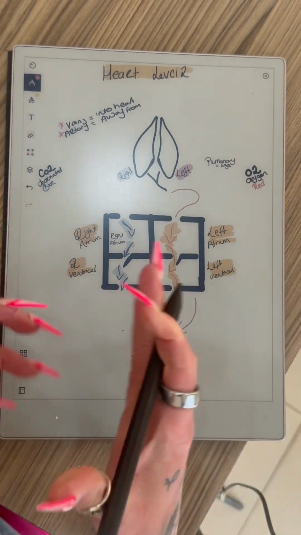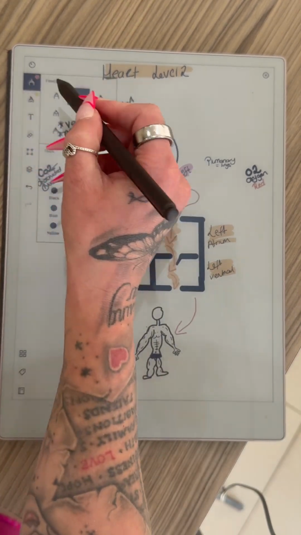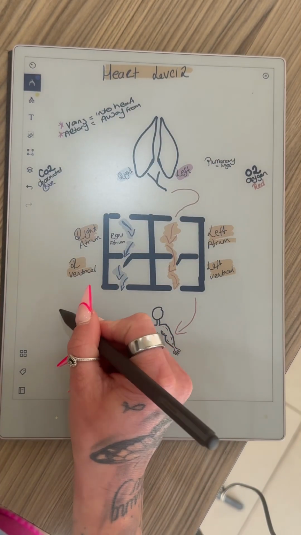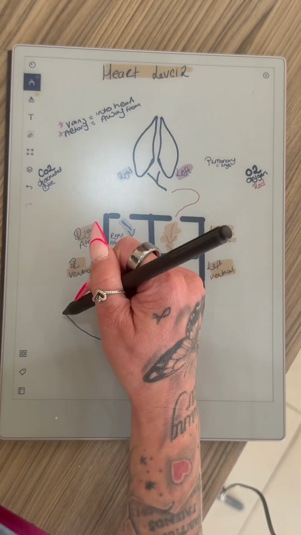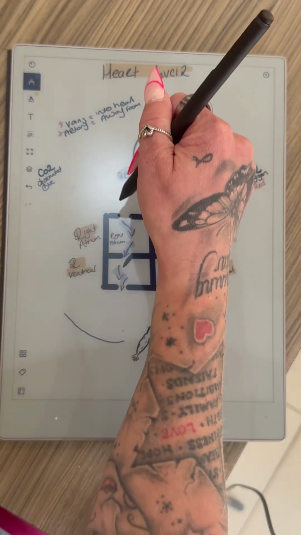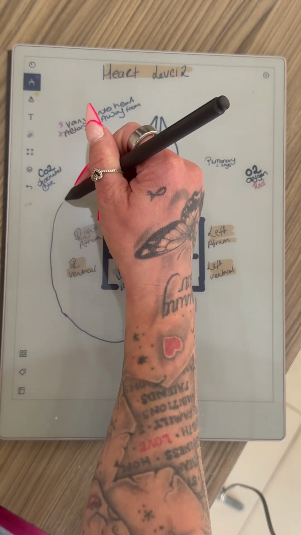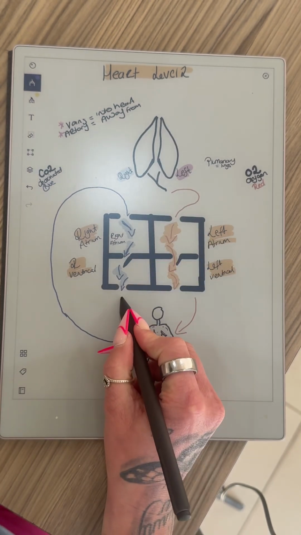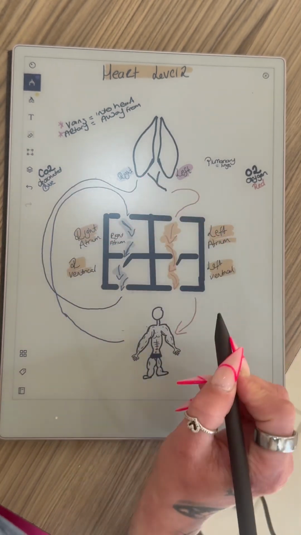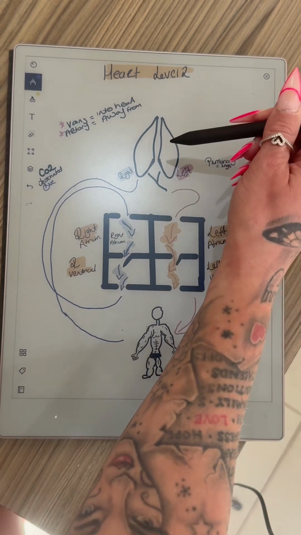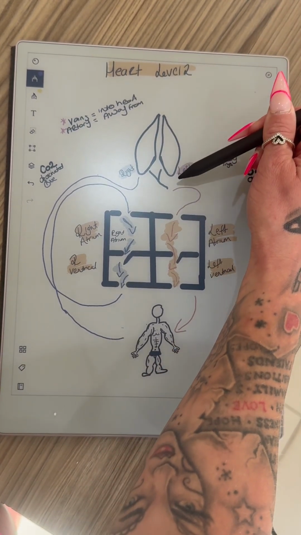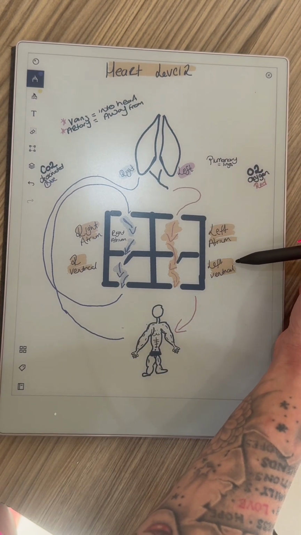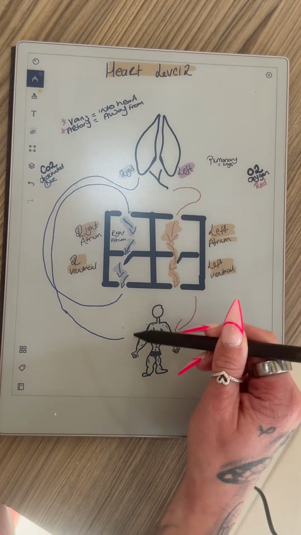The body's then going to take everything it needs from it. And then at that point is when your body kicks out deoxygenated blood. This time, because remember, it has to go in through the top. So it's going to go all the way up, round, drop down into the atrium, drop down to the ventricle, and then here it goes back into the lungs, okay? So you can see